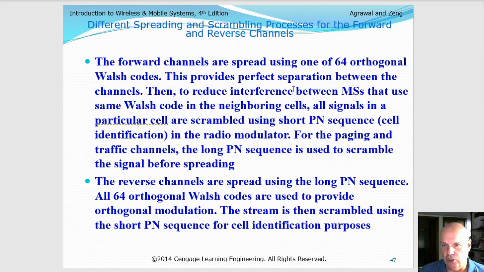For additional security, pseudo noise sequences were used so that someone couldn't actually just snoop on the radio signal and mix it with the Walsh signal. They would recover this random data stream and not be able to recover the data further without knowing the pseudo noise sequence. And then the reverse channels are also spread using the long pseudo noise sequence, and then the 64